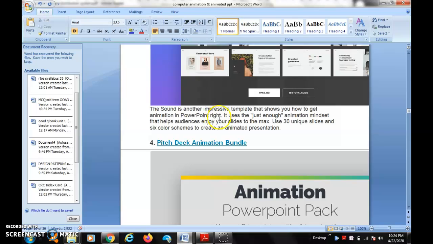Sound is another impressive template that shows you how to get animated PowerPoint right, with just enough animations, a mindset that helps the audience enjoy your slides, with a maximum of 30 unique slides and slide color schemes to create an animated